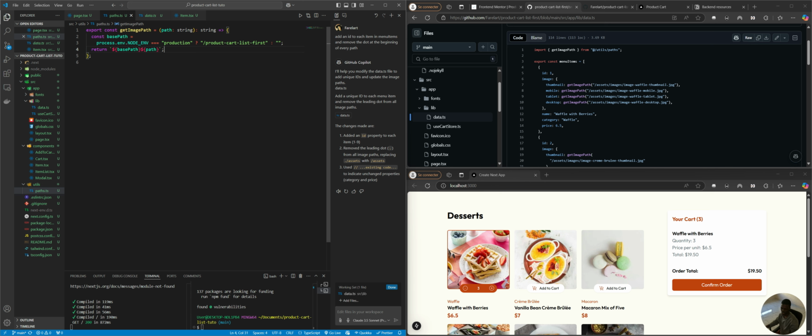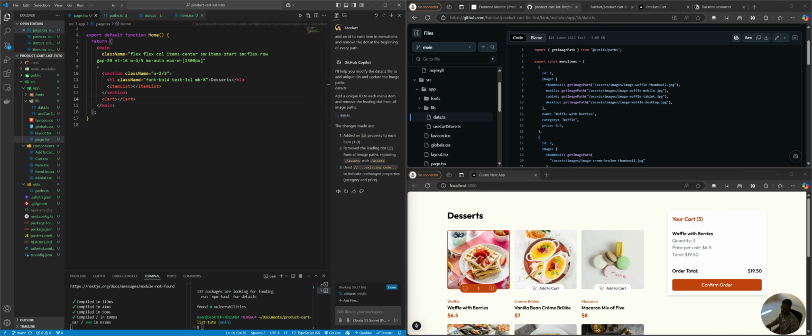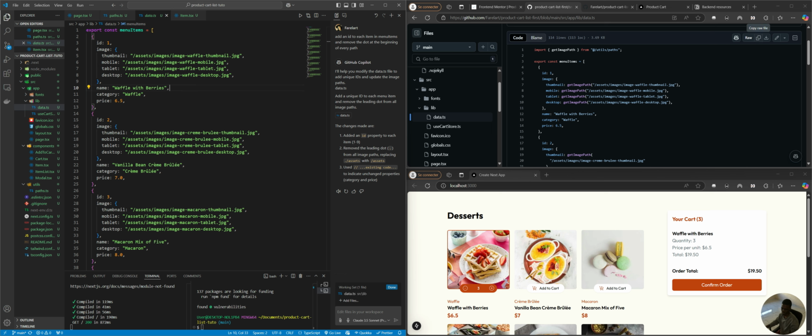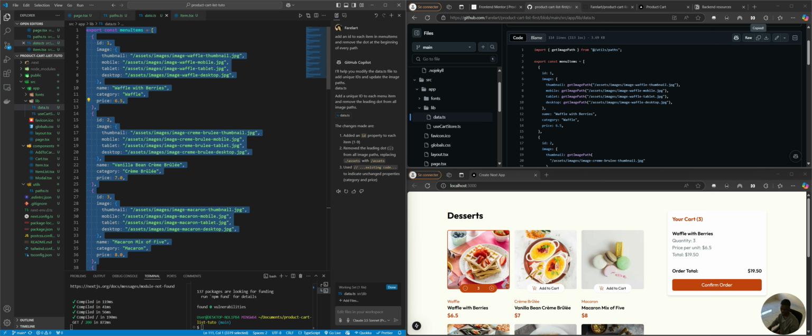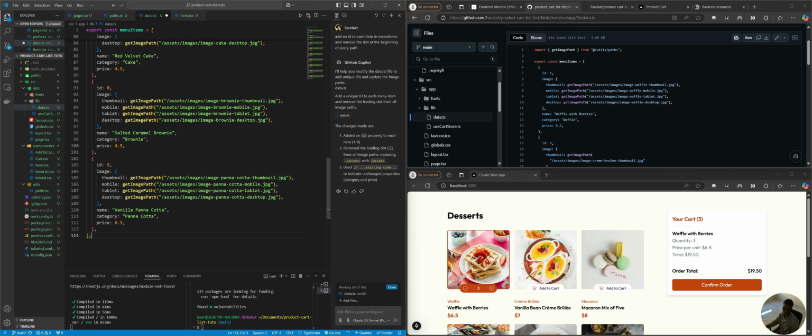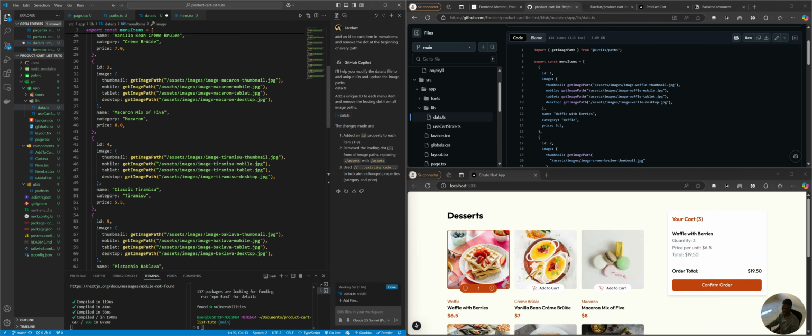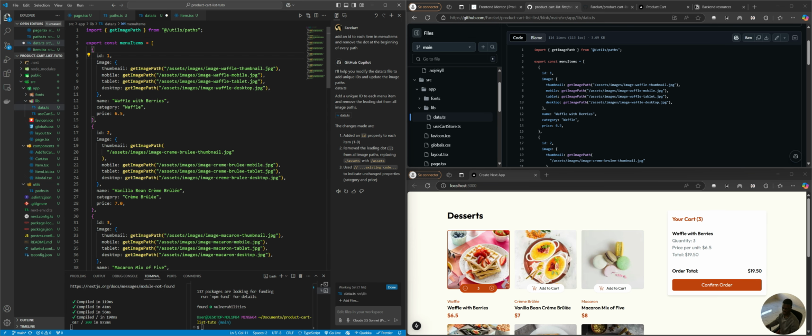I'm just going to change the name of my repository here. I'm going to put Tudo. Yeah, that's it. I'm going to copy paste because it's just the get image path that is changing. And yeah, that's it. Now we can push everything to GitHub, and I'm going to show you how to deploy it with